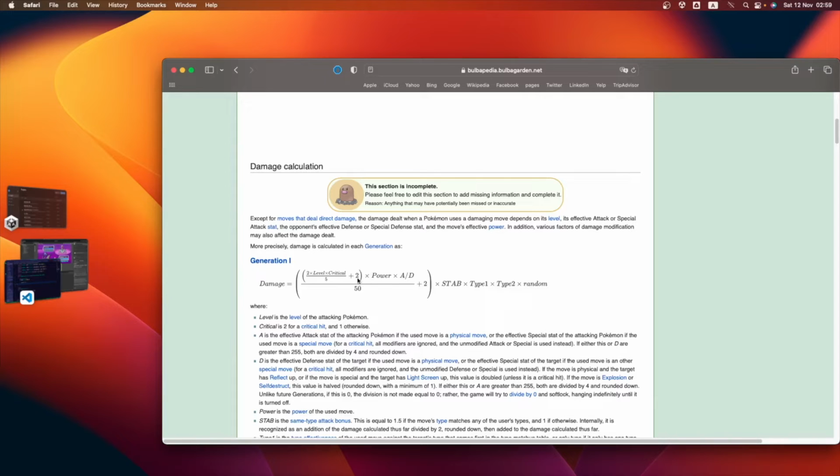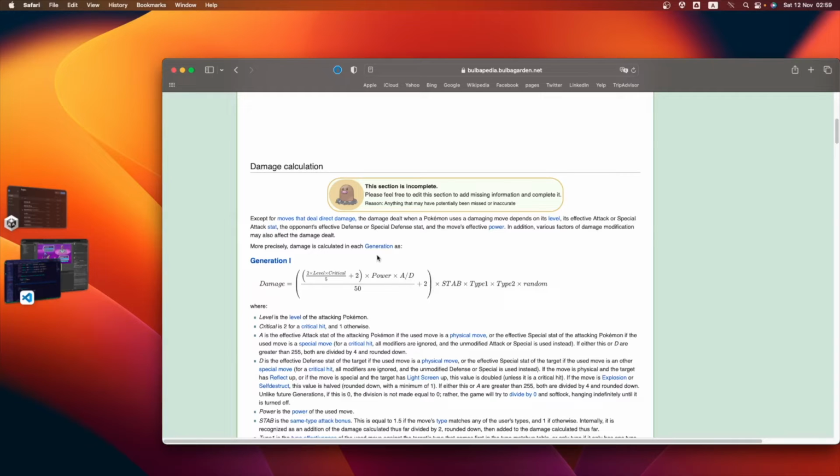And then we multiply whatever happens here by the power of that attack times the attack divided by the defense. And whatever result we get here gets divided by 50. And we then get plus 2. We add 2 points to that.